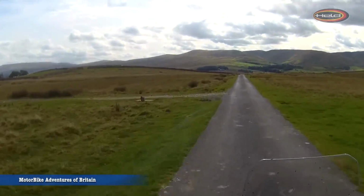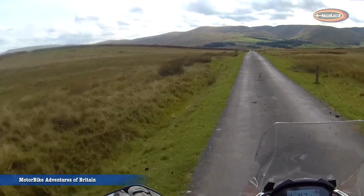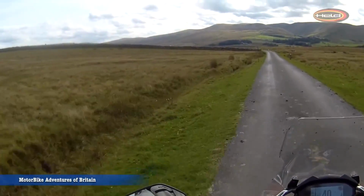Now as we trundle towards the base of the Howgill Fells, we're going to go through the little village of Ravenstonedale. Isn't that a fabulous